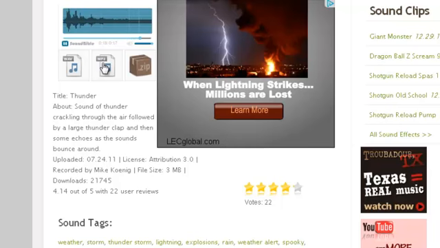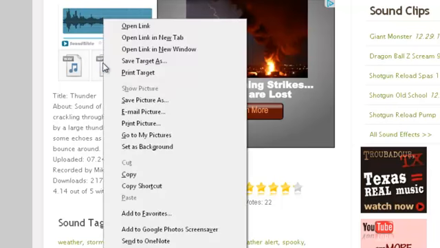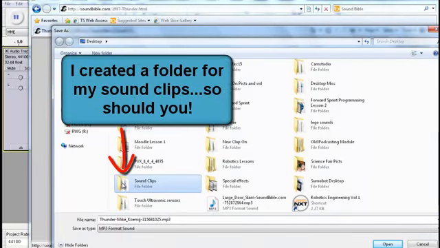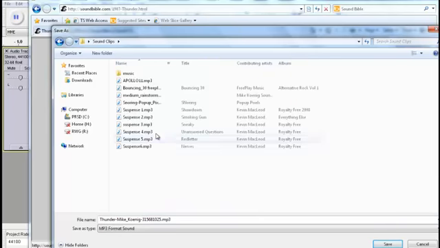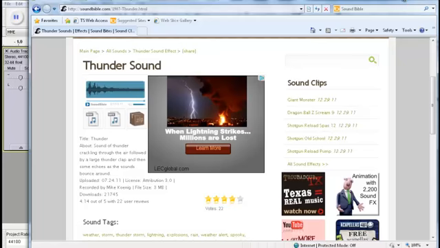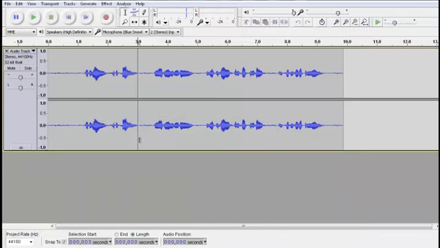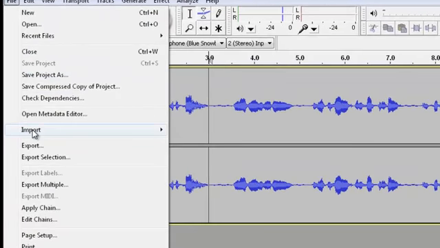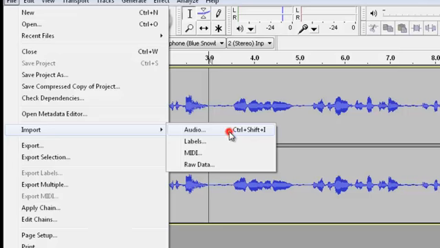So all I'll need to do then is right-click on my mouse, save target as, you can see in this one I have several. This is called Thunder, and I'll select Save. And it's downloading. So if I minimize this screen, I now want to bring in the Thunder sound clip. So I will go File, Import Audio,